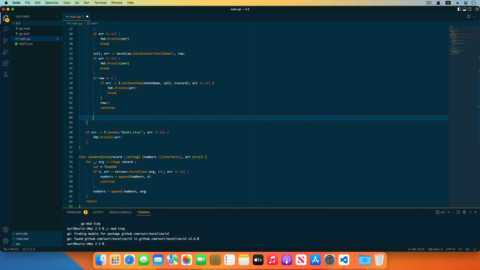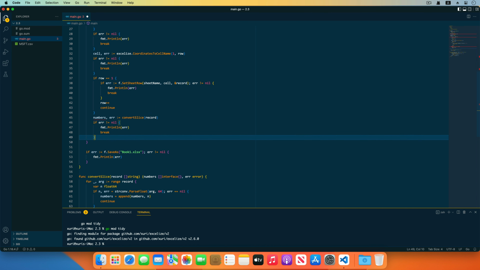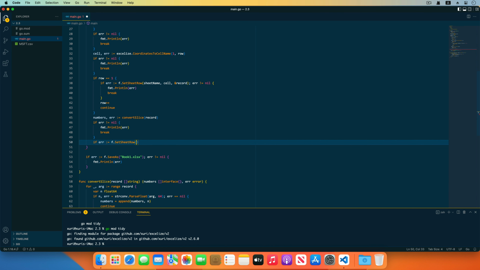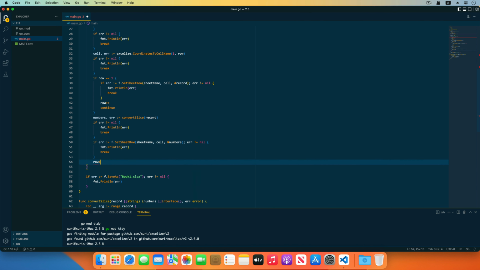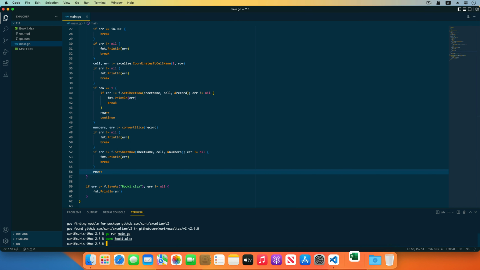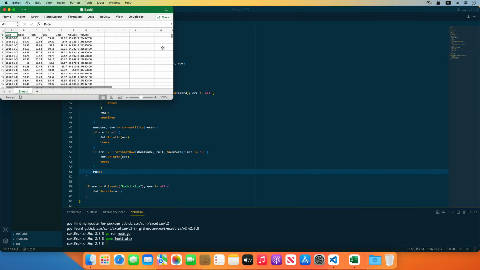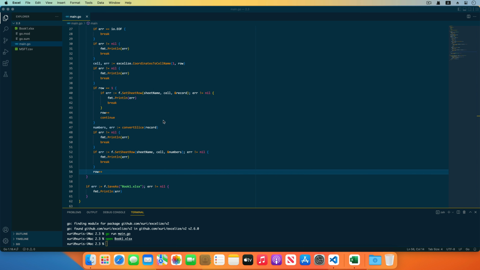Call the convertSlice function from the second row to prepare worksheet data, receiving and checking the error returned, and use SetSheetRow to set the cell values of each row. Increase the row number after each row is written. Save the code and run the program. Open the generated workbook in Excel. The CSV content has been written into an Excel worksheet. There are 1260 rows here, which is consistent with the CSV file.